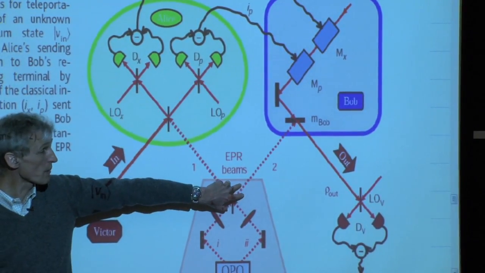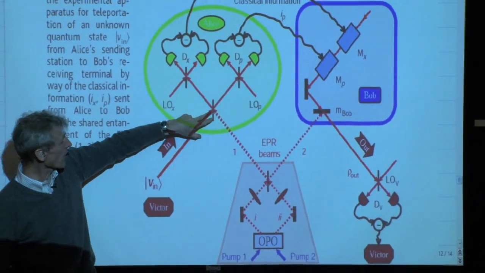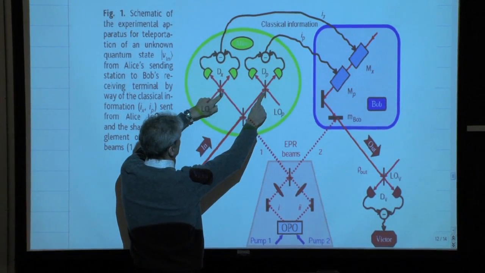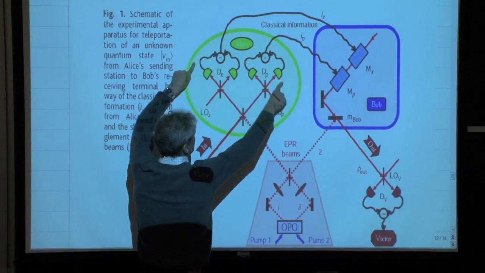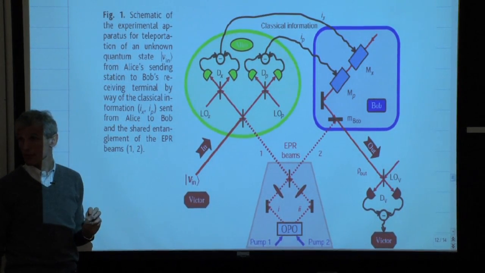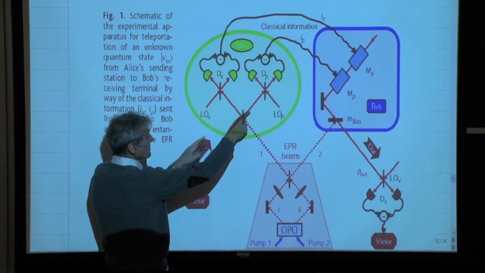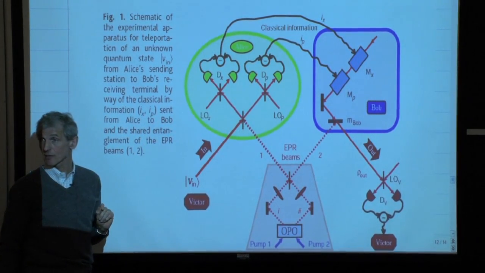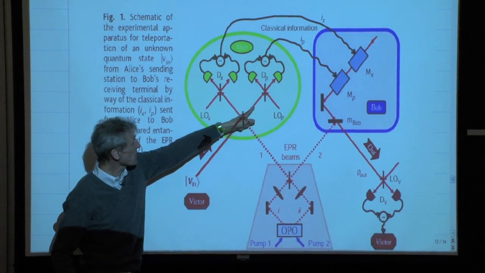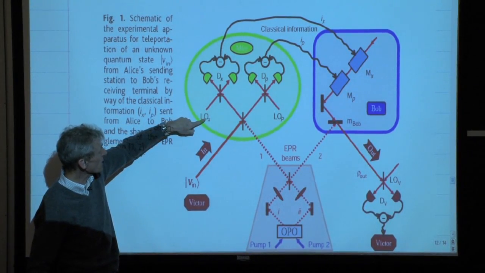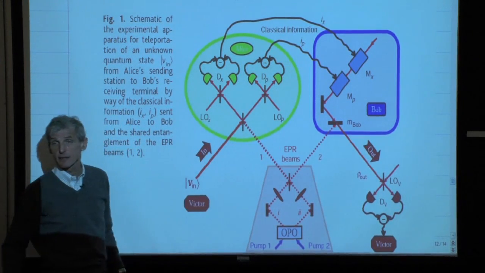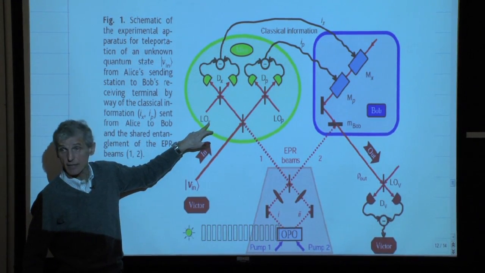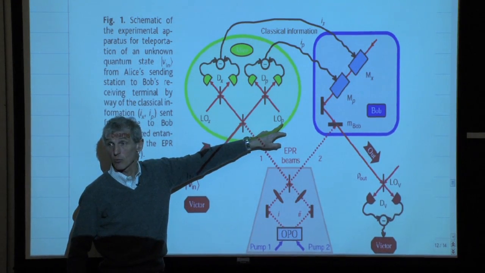So one of those twin brother photons is now mixed with the unknown quantum state at the beam splitter. And the output of the beam splitter is now entering the balanced homodyne detection, which we just discussed. So the output of this beam splitter, and there are two outputs, both of them is now becoming part of a balanced homodyne measurement. And you see the ingredients. So this and this will be measured. The other input for the balanced homodyne is a strong local oscillator. And the phase of the local oscillator is chosen in one case that you measure the X or A1 quadrature component, or the P or the A2 component.